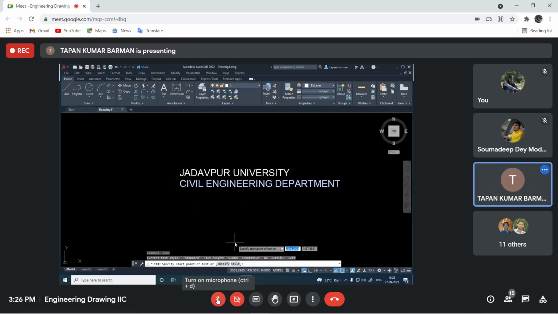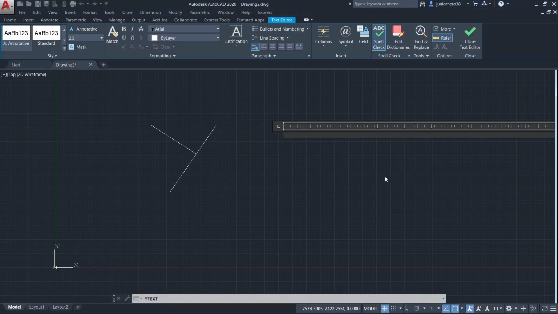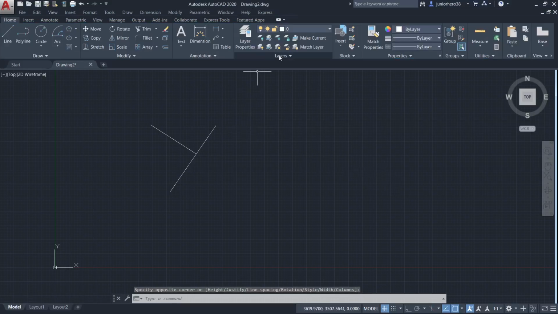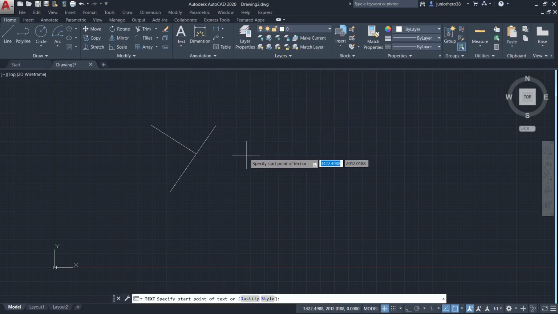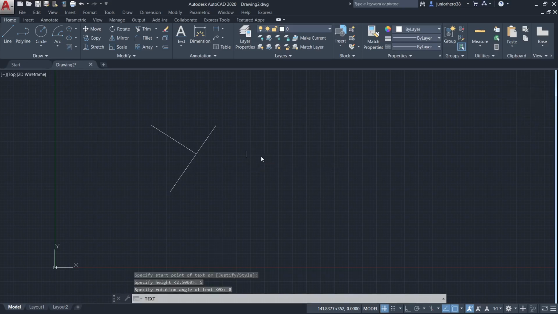Text. Start point of the text. Text height say 5. Now the angle say 90 degree. Is it clear? So depending on the angle, you can align your text.